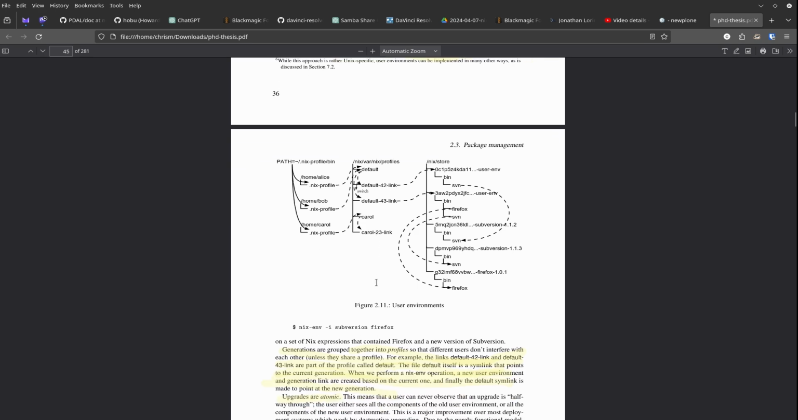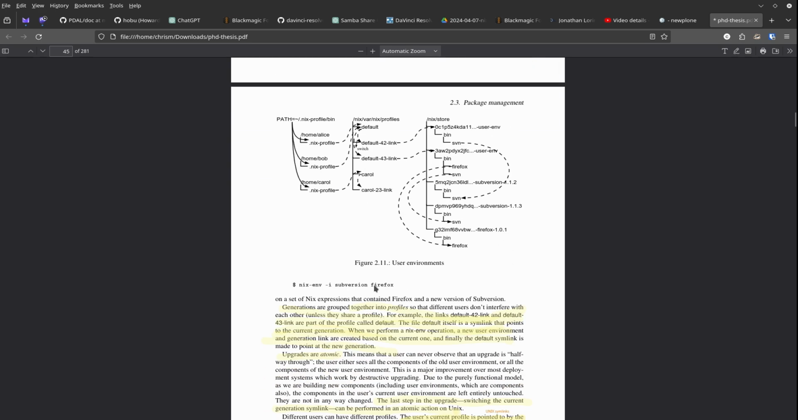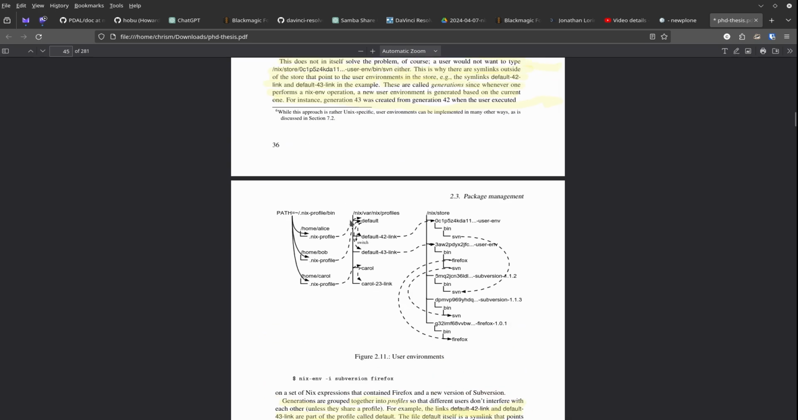And he goes on to explain this, but I'm just going to explain it here because it's easier to read on the screen. Default here, Alice's profile points at this default file here. This Nix profile is a symlink, so it's home Alice Nix profile. It is a symlink into Nix profile's default,